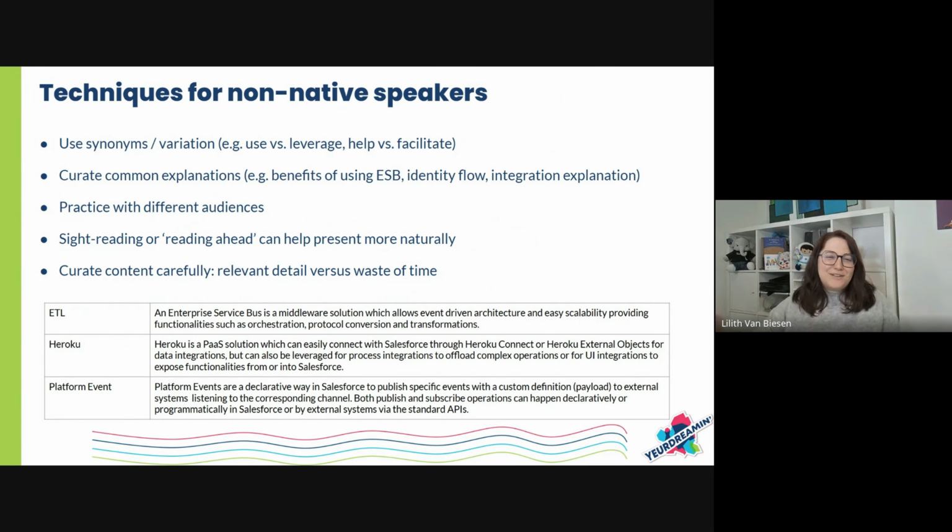But there are other audiences. When I'm speaking to my Spanish colleagues, for example, they will not have a clue what I mean when I'm speaking Dutchlish. So practice with different audiences, because then you will also learn which kind of literal translations you sometimes do that just don't make sense in English or in whatever language you're practicing.